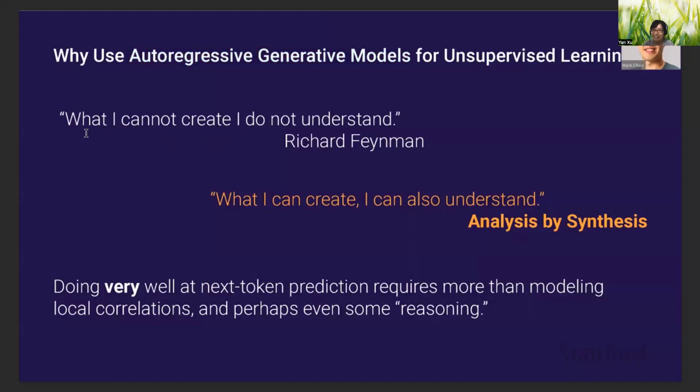It says, what I cannot create, I do not understand. And if I can create, I also kind of understand. Well, it's still a question mark over here. But if we can do very well at next token prediction, maybe there's some reasoning there. Maybe the model can learn directly from that, knowing how to write better just based on all the previous